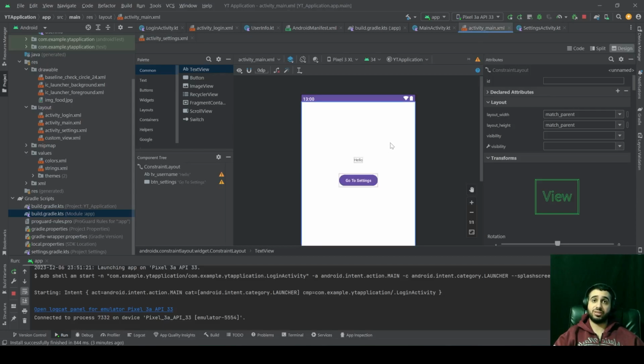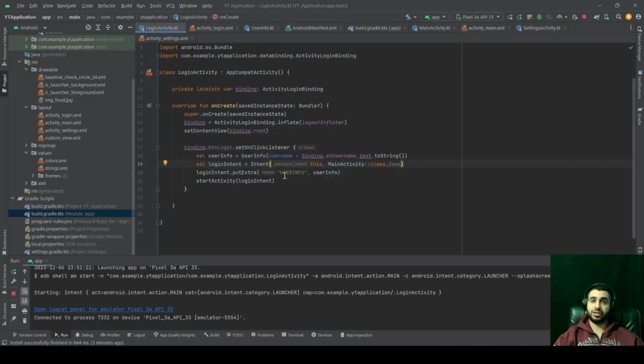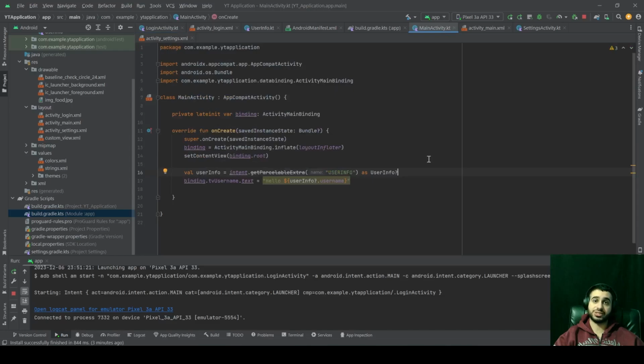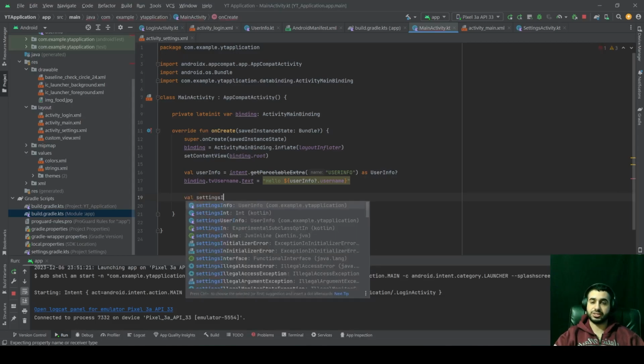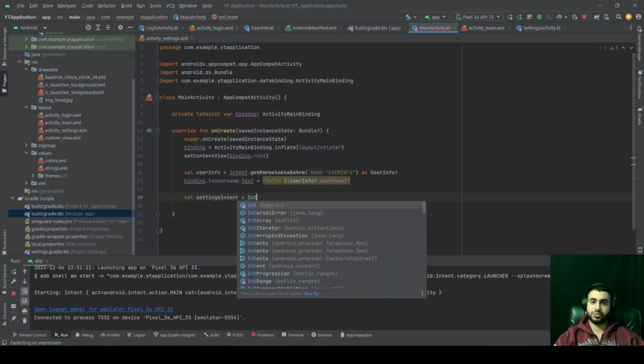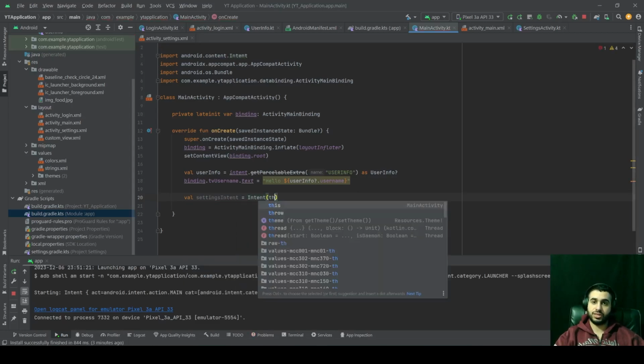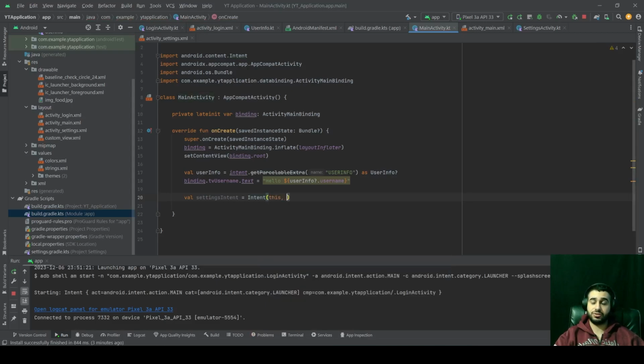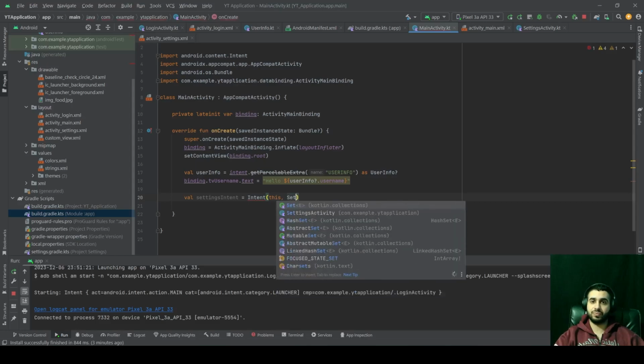And that's also pretty straightforward to do. It's very similar to the approach that we used in the login activity, but with some differences. Okay, let's see how we can do that. So here we also have to specify an intent for the settings activity, because we want to create an intention to navigate to that settings activity. Okay, so here you can write val settingsIntent equals to Intent(this, which is our current activity, and the destination, which is our settings activity,